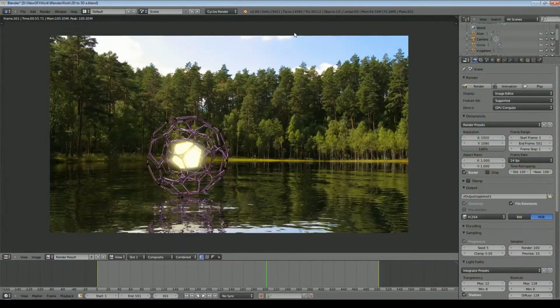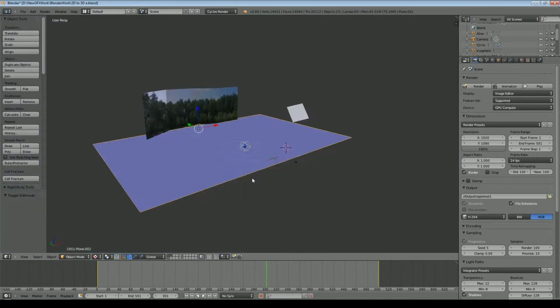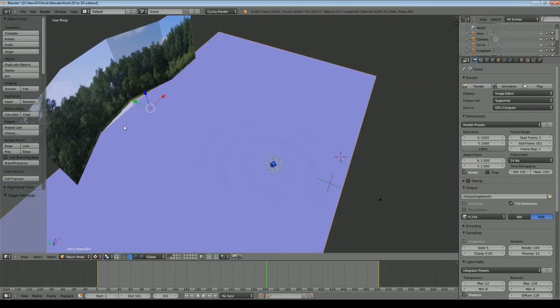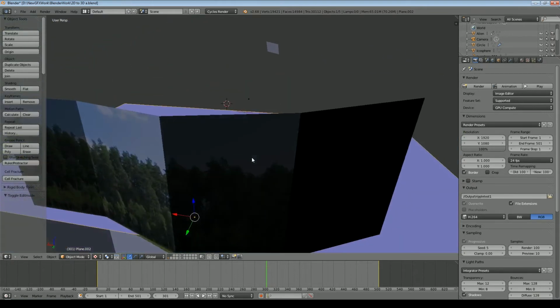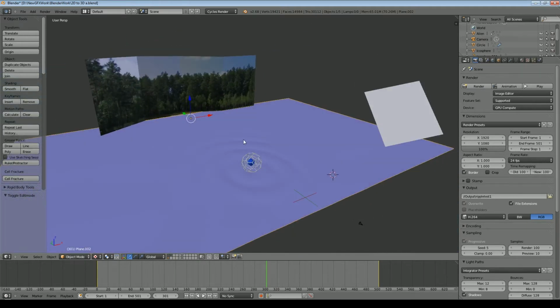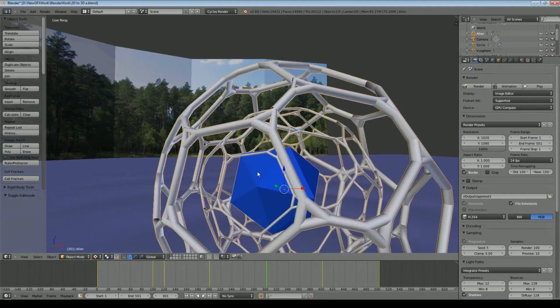So that's the video, and obviously this is the scene, and I'll just quickly show you all there is in the scene. So there is a plane, and you can just about make out that there is some ripple effects in it, and here is a slightly distorted plane, and I'll explain later why it's distorted, which has got my photographic image on it. And then I'm not going to go into a huge amount of detail how this object was created, but I'll show you the basics.